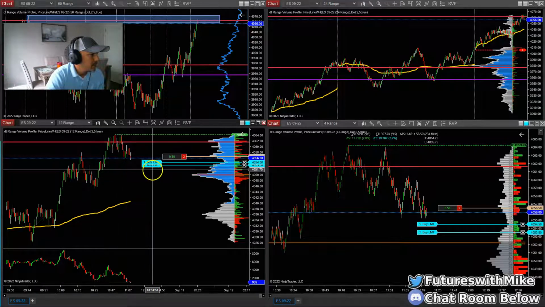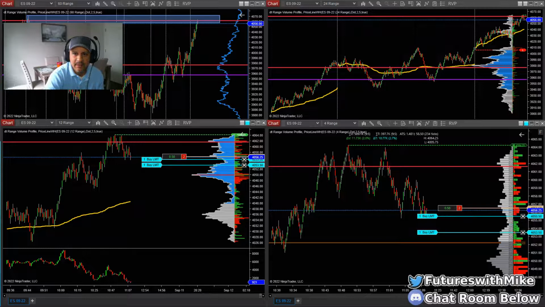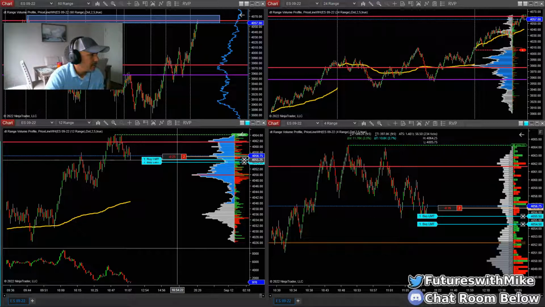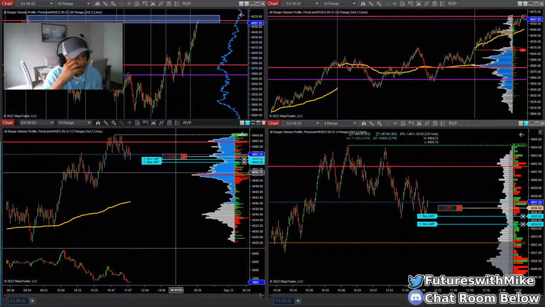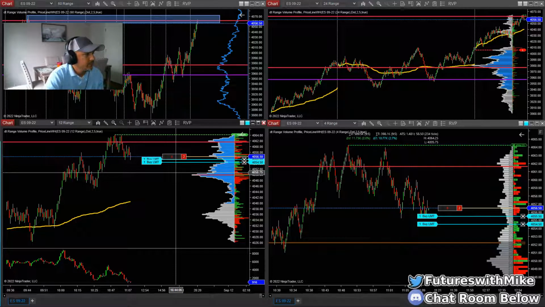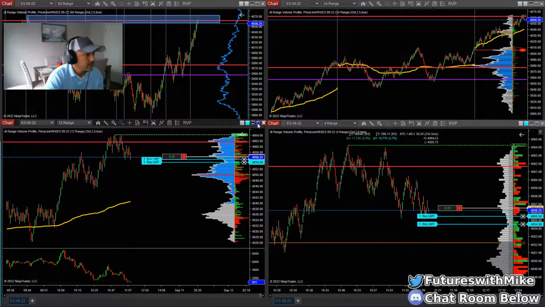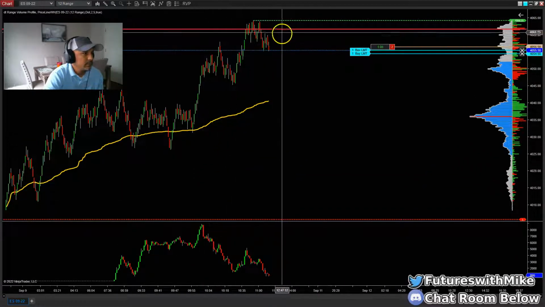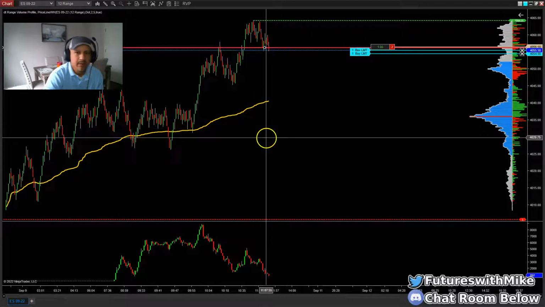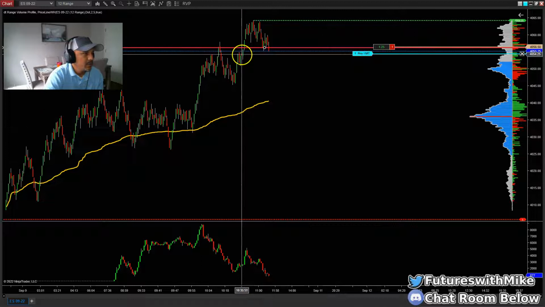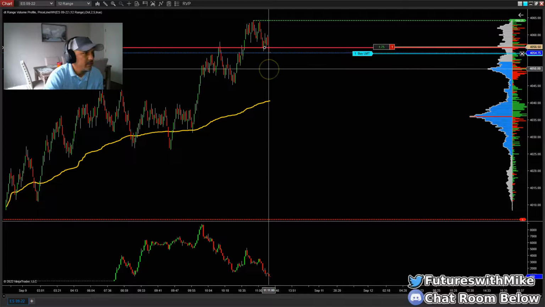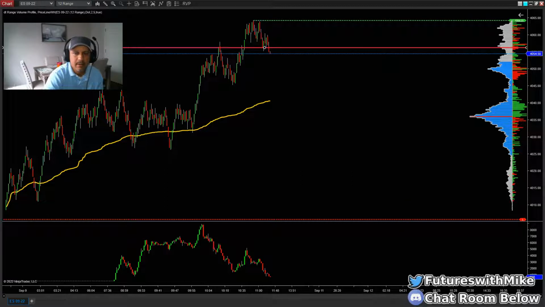Let's see. Yeah, I may need to take this out here. Play this safe. Yeah, let me take a look at this area right here. Okay, first contract's filled. This could be a supporting swing. I didn't look to the left. So it's coming down there though. Come on, fill it. All right, we got filled.